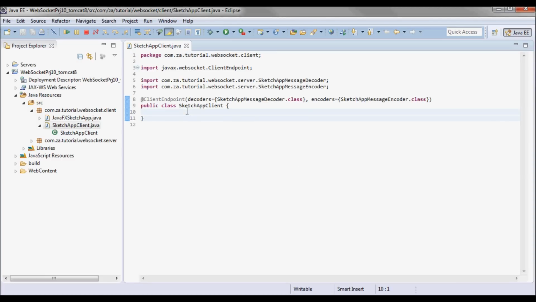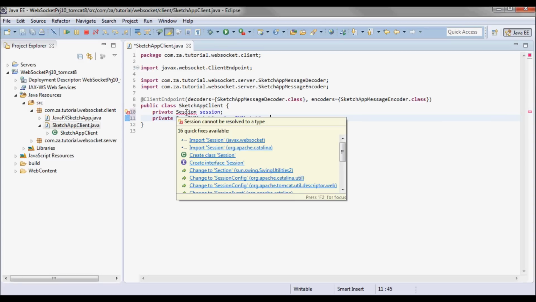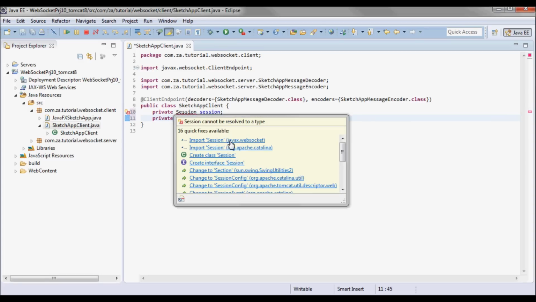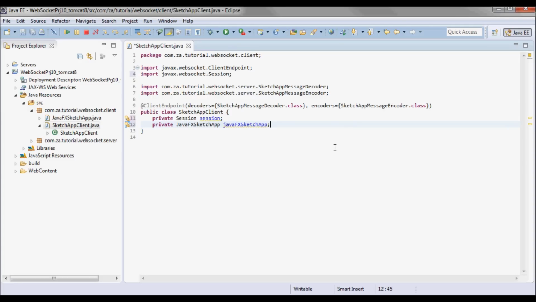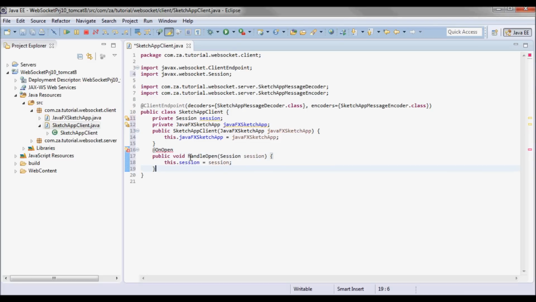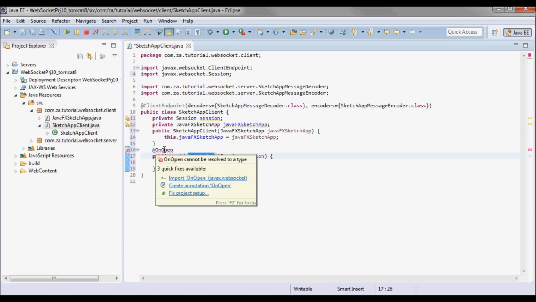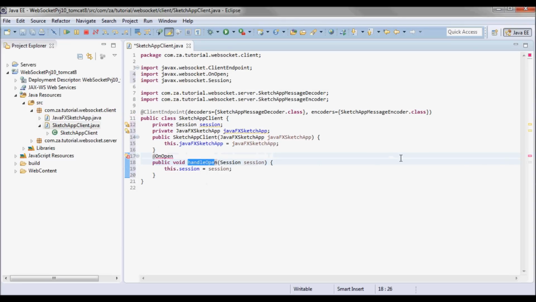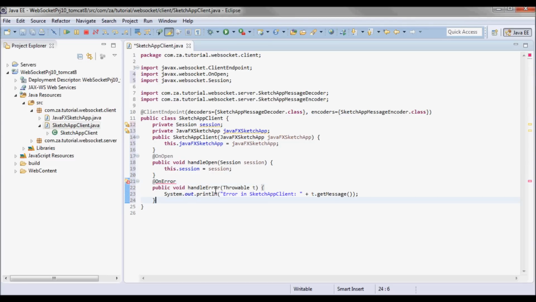Now here let me define a session and the JavaFX sketch app. And the constructor would take a JavaFX sketch app instance and set this value, and I'll set the session in the handle open method that is annotated with the onOpen annotation, and this method will handle the errors.